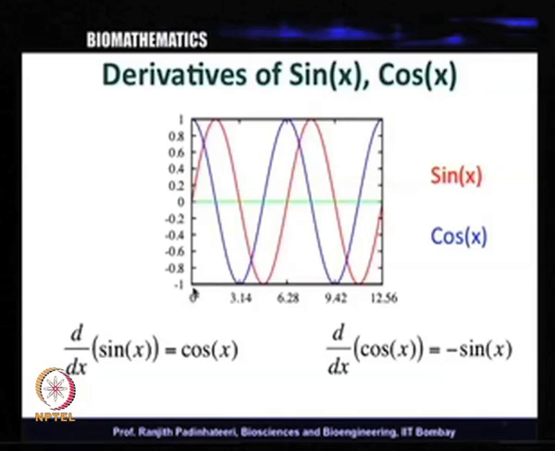At x equal to 0 it is 0, and when x is equal to pi by 2, this is around 3.14, this is pi, this is pi by 2, which is 90 degrees. So, when x is 90 degrees, d by dx of sin x, which is cos x, is basically 1, since sin 90 is 1, and sin 180, which is pi,